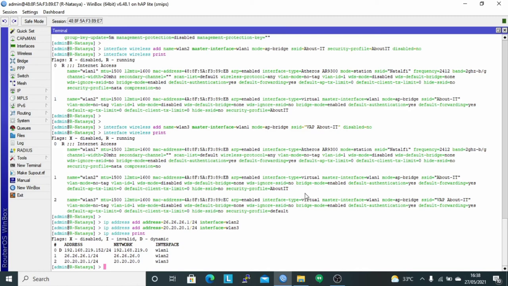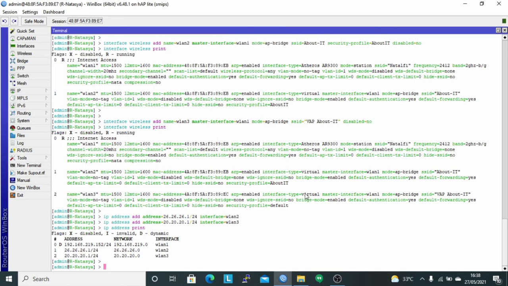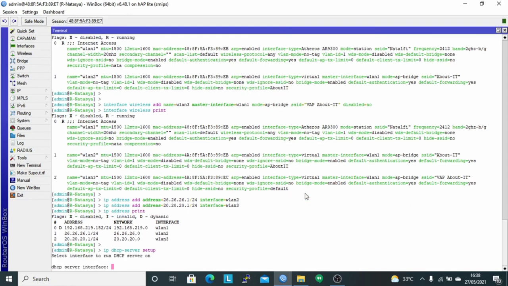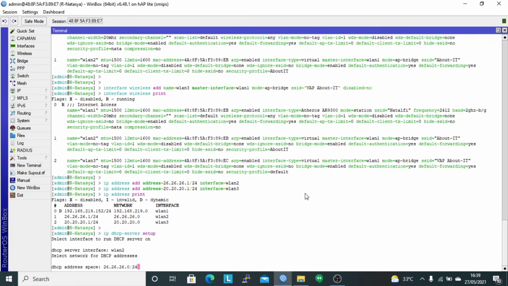Next, create a DHCP service which will be used for the SSID on WLAN2 with the command IP DHCP server setup. For the DHCP server interface, I choose WLAN2, and the DHCP address space or network using the default, namely 26.26.26.0/24.